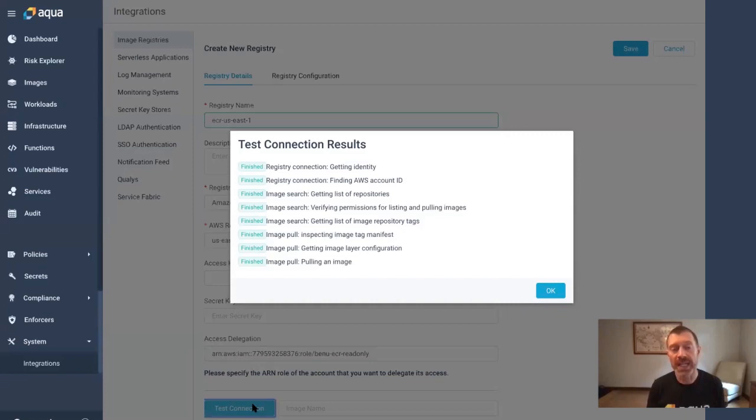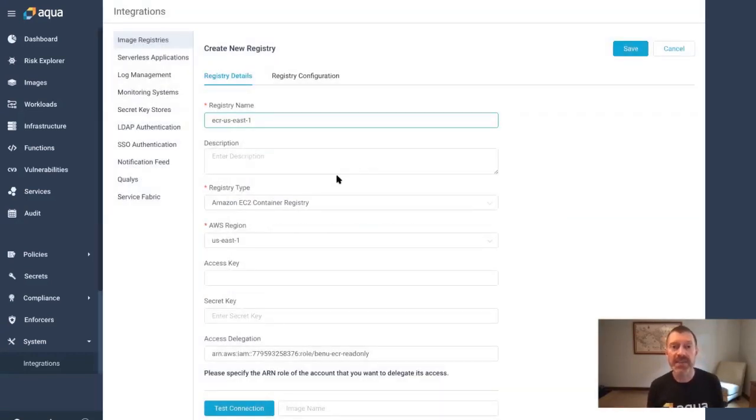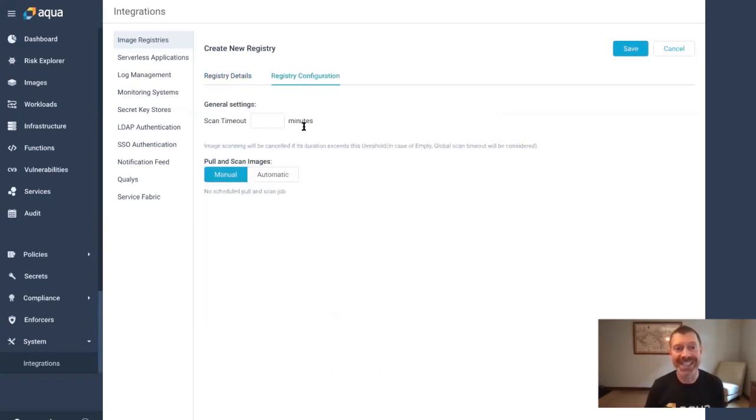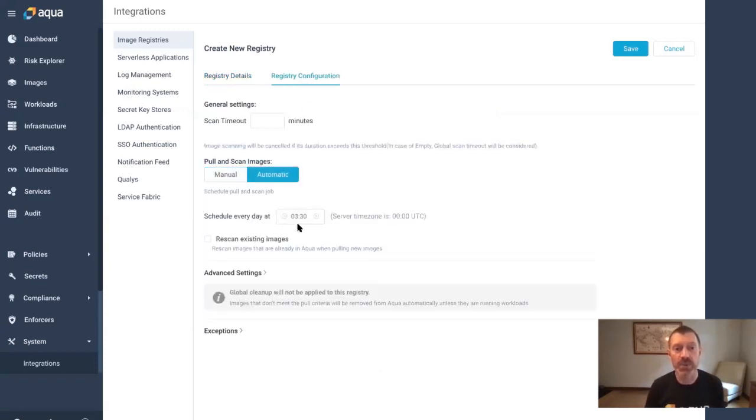And you can see how quickly Aqua has verified that it's able to do all the things it needs to with this registry. I'll click OK. Now, if I saved this now, I could already begin to manually scan images found in this registry. But if I want, I can go to registry configuration to set up automatic image scanning at a configurable time every day, at which time Aqua will go and pull images it hasn't scanned before, and optionally rescan images that it has scanned before. Now, just a note here, when rescanning images that it has scanned before, Aqua doesn't have to pull the image again and